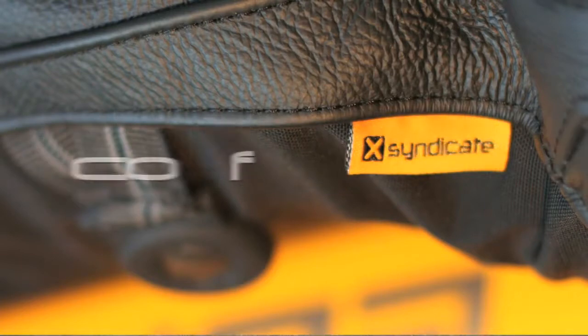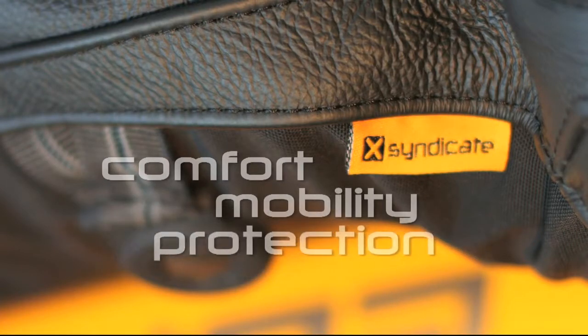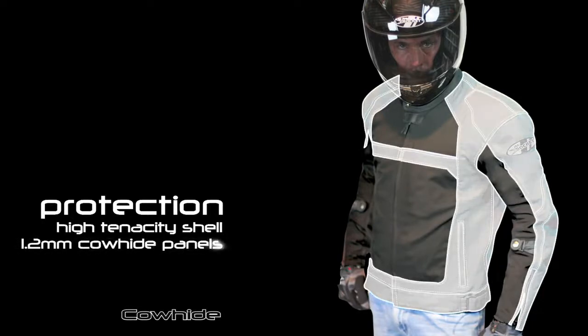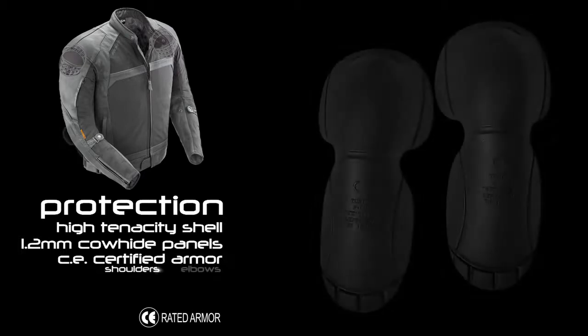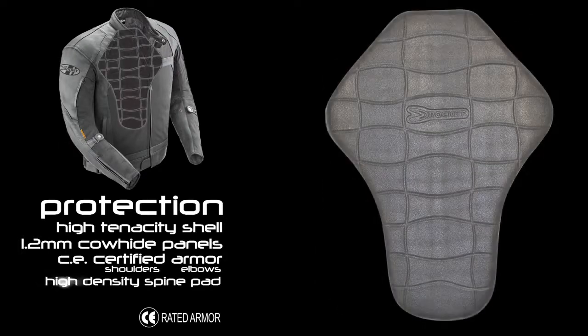The all-new Syndicate jacket from Joe Rocket represents the ultimate collaboration between comfort and mobility without sacrificing protection. Protection starts with a high tenacity shell that is reinforced by large 1.2mm cowhide panels at all key impact points. Further backing this resistant chassis are CE-certified armor at the shoulders and elbows, along with a removable high-density spine pad